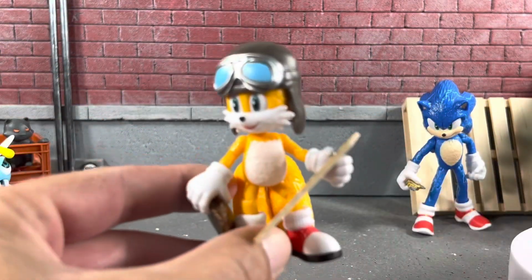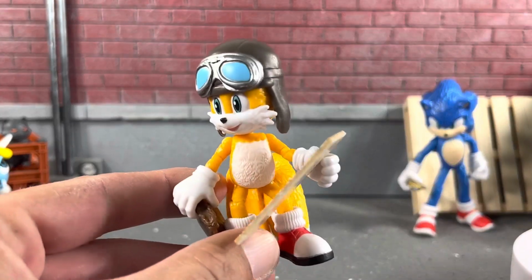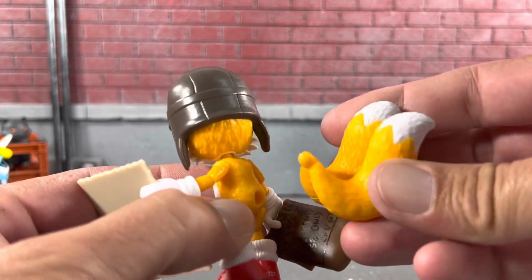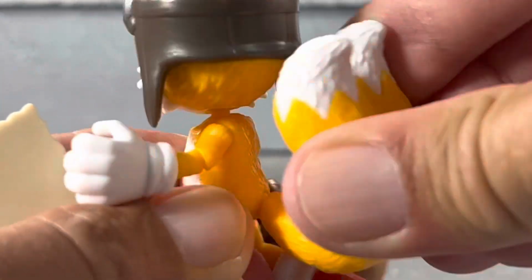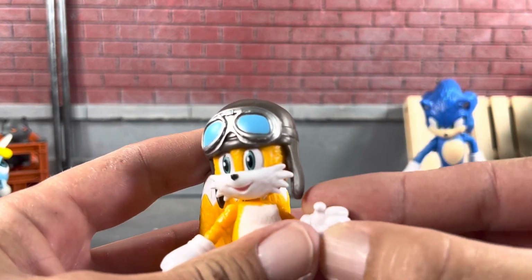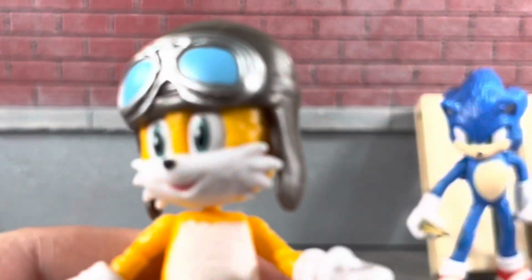Now, throughout the review on the turntable, his tail did want to pop off because it does articulate right there. As you can see, it pops off and it's just a little ball joint. Just plug that into the back. His hands are pretty soft and squishy, as you can see there. But as for the face mold,